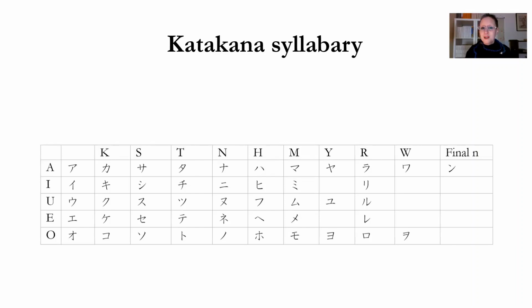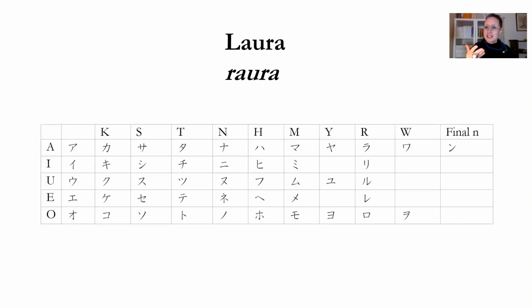There are other instances where you can use katakana, but loan words is what I would like you to remember for today. Loan words include also our names. So katakana is what is used to write our name in Japanese. Now, my name in English is Laura, but in Italian is Laura. So normally I would use my own Italian pronunciation as the basis for thinking, how can I write my name in katakana? So the first thing is to adjust the sound of a name, Laura, to the syllables that the